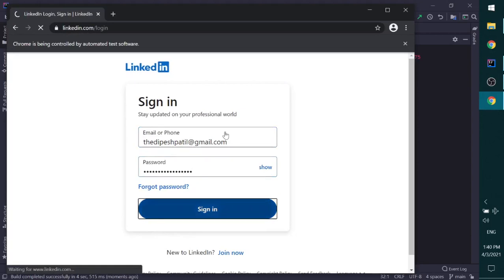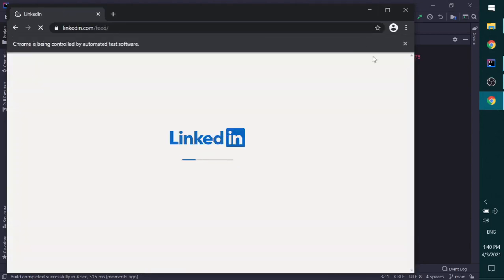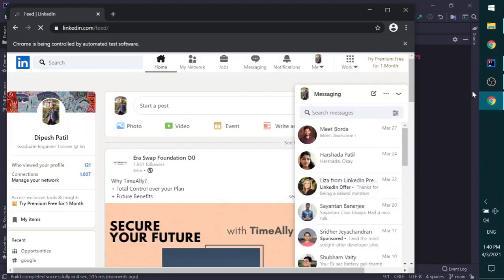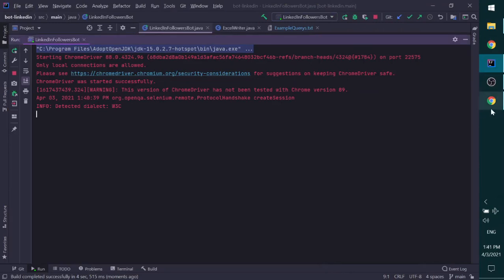In this case this is my account, and once it has successfully logged in and is ready, it will display a prompt here to enter a query. It is still loading, and after it loads it will ask for a prompt. After it has loaded, it asks to enter a query.